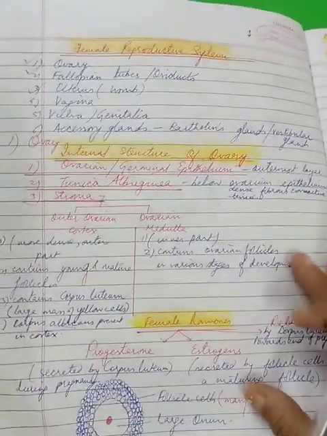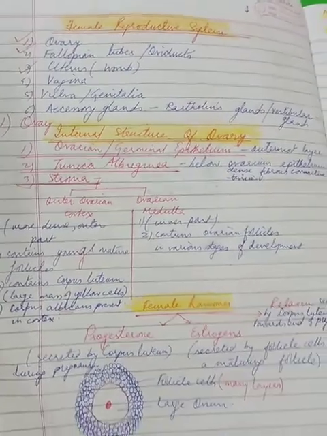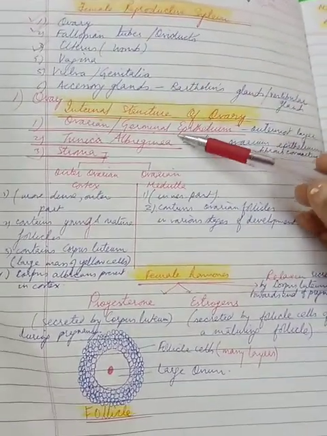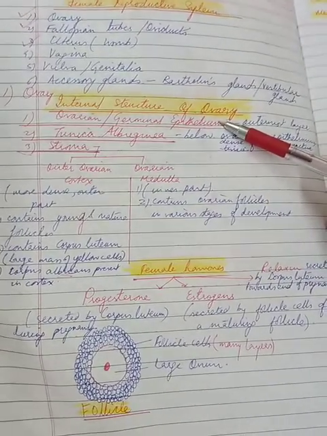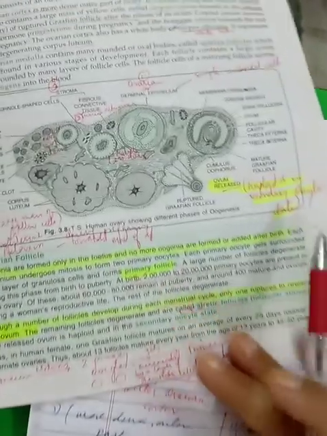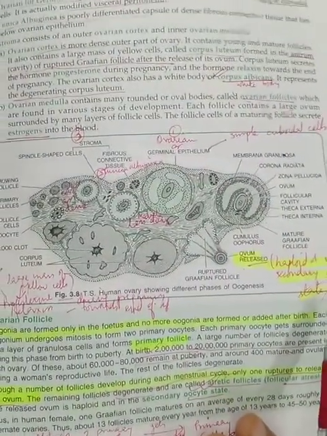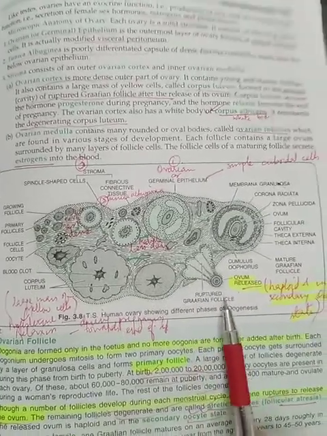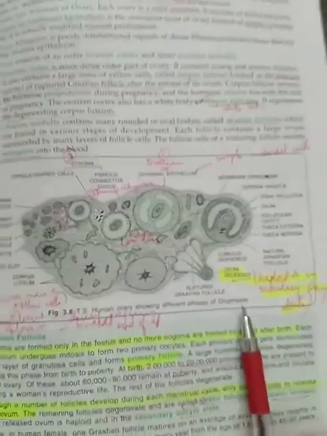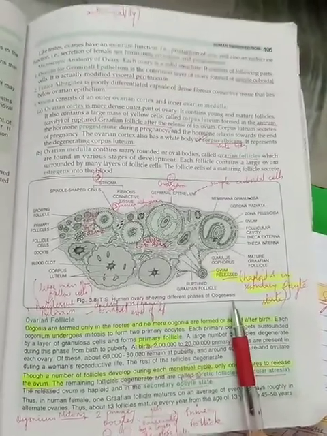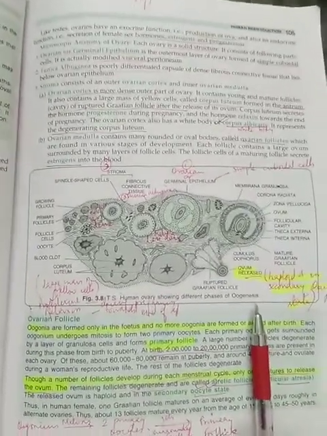Till now, children, from the beginning, today I have started with the female reproductive system. We are going point-wise under these headings, and we are mainly talking about the internal structure of the ovary, and this diagram about the TS is very, very important for you to identify the labelings, and you should be able to draw it when asked. The same is a part of your practical portion for spotting. So this diagram is a must for you to practice and label very nicely.